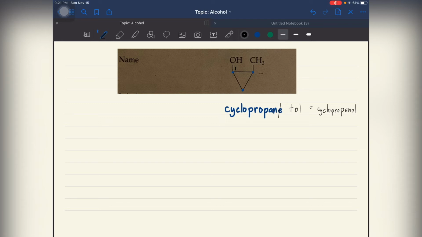So, is it going to its right or going downwards? Okay, very good. Going to its right side. So, dito si number 2, then number 3. So, kapag na-identify na natin yung locations niya, we can name this one. So, we have 2 dash. So, kapag 1 carbon atom lang siya, that is methyl. So, we have here 2 dash methyl